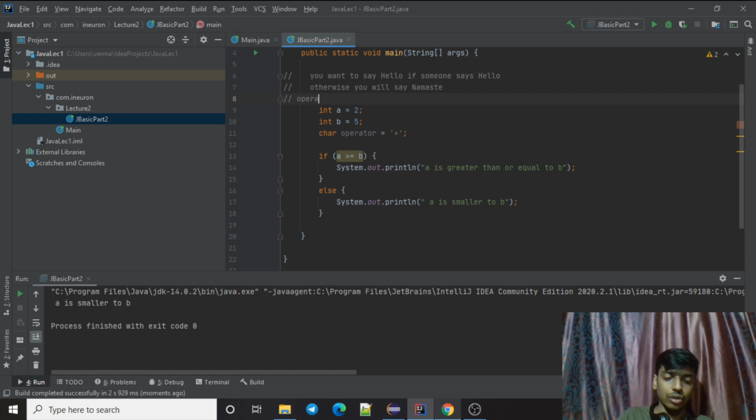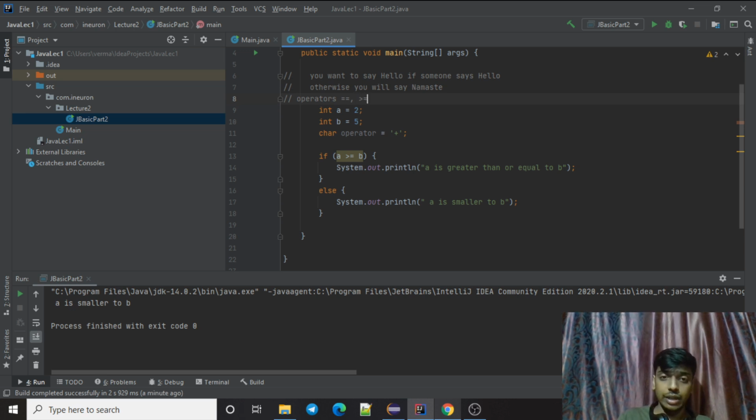If I talk about operators, we have different operators. Something like equal is an operator, which basically means if two values are equal to each other. This is basically used with all the data types other than the string. So you can use it with integers, doubles, floats, but don't use it with the string. I'll discuss why you should not use it with the string. With string, use dot equals, which is a method, not an operator.